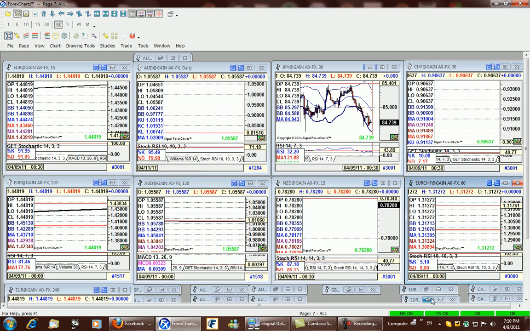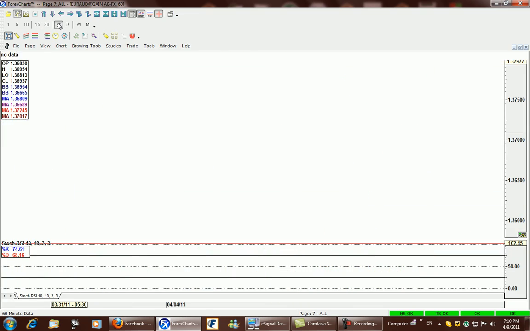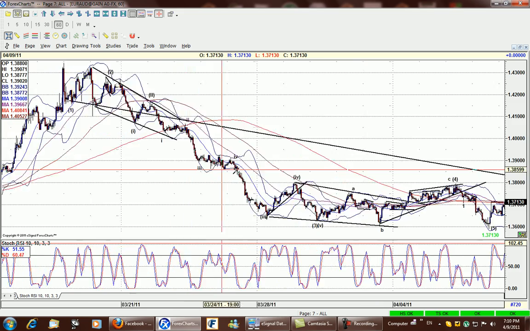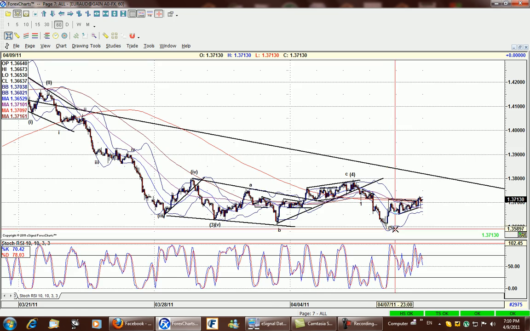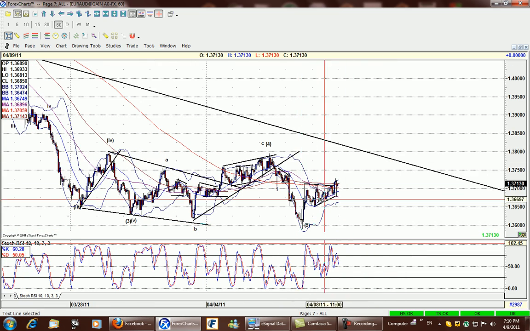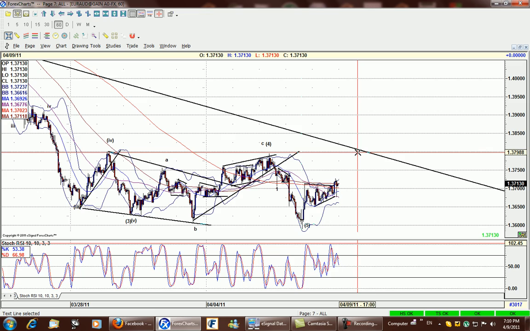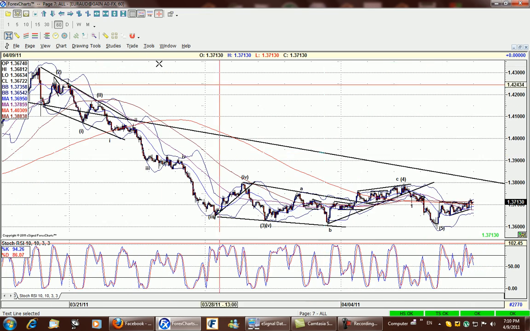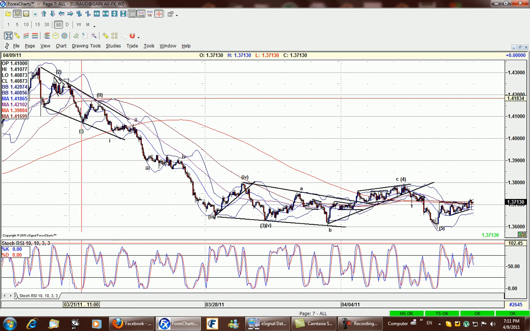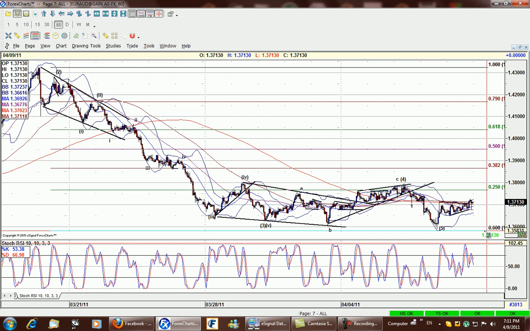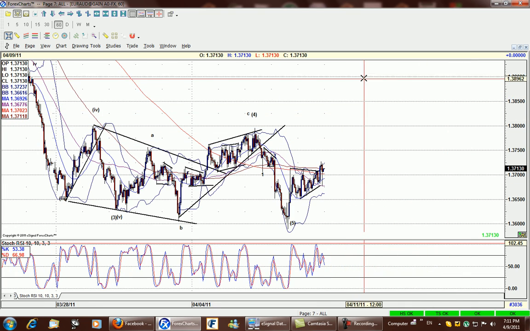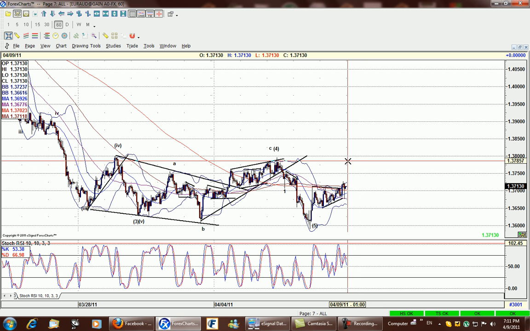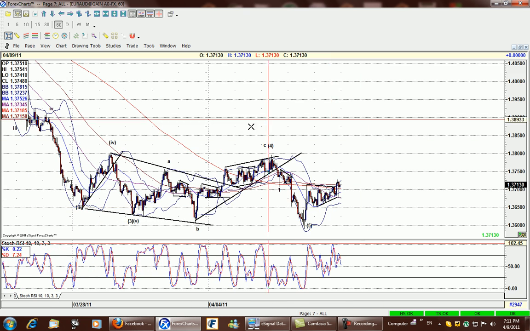What else? The Euro Aussie, after a very clear 5 waves down from the top, 1 2 1 2 3 4 5 4 5, I see us heading higher to first resistance around the 39 level here. So I'm not trading this. Looking at the daily, we'll be looking at it in a moment, but I use this as a reference.